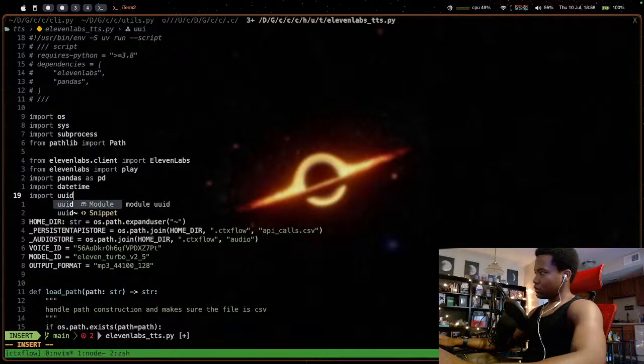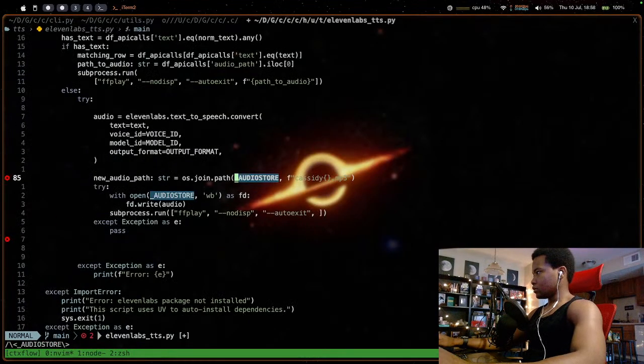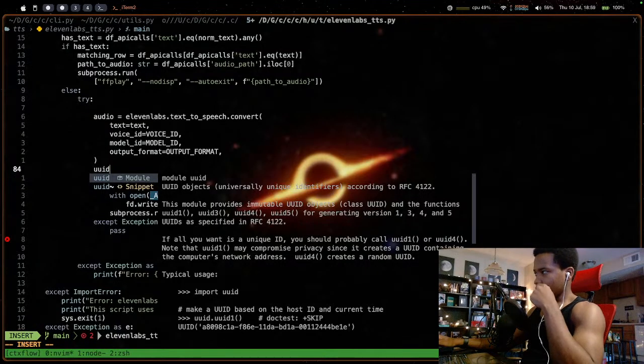Oh yeah, ID. UUID object. According to this, the module provides immutable UUID objects and functions for generating versions.